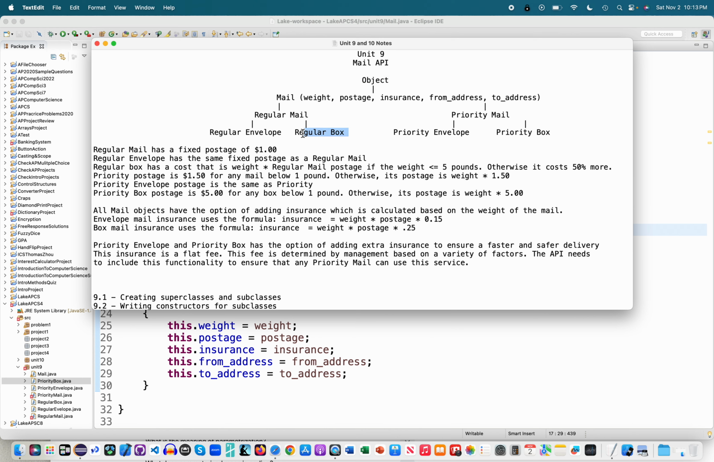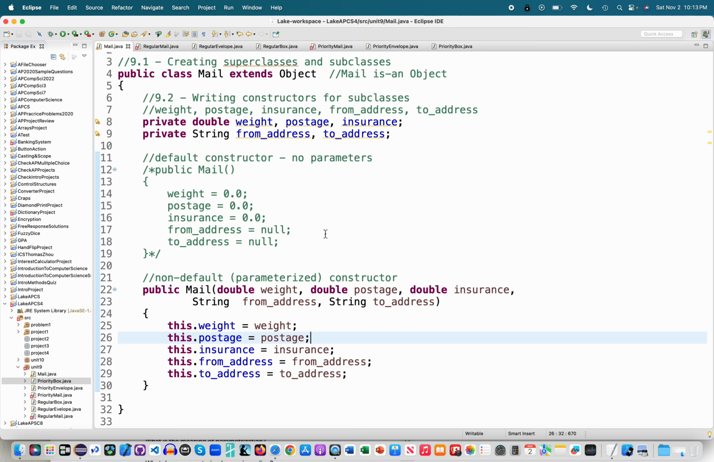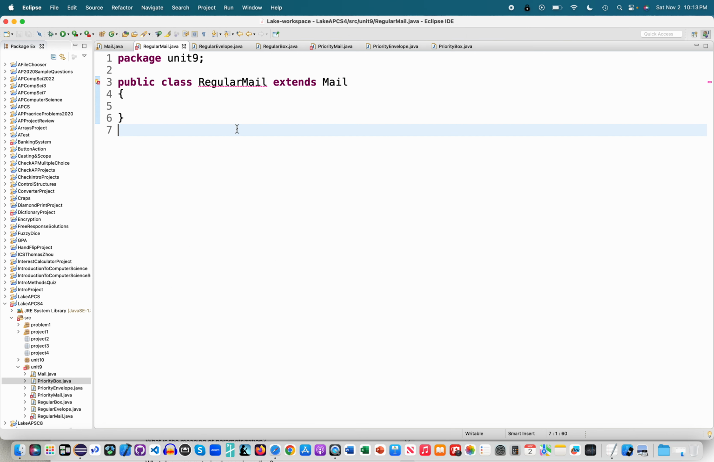Like if I was to make a regular box, let me tell you what's going to happen. An object made first, a mail made second, a regular mail, then a box. That's how construction goes. And that's simply when we say equals new. So I'm going to build these, but what's happening here right now, it's saying I have no way of creating this